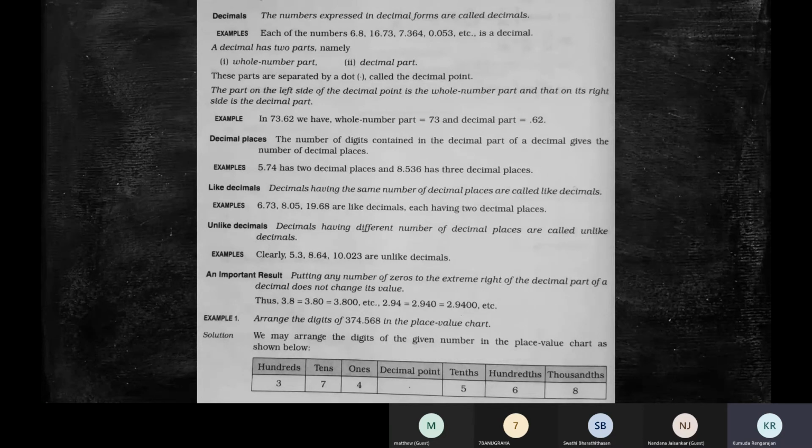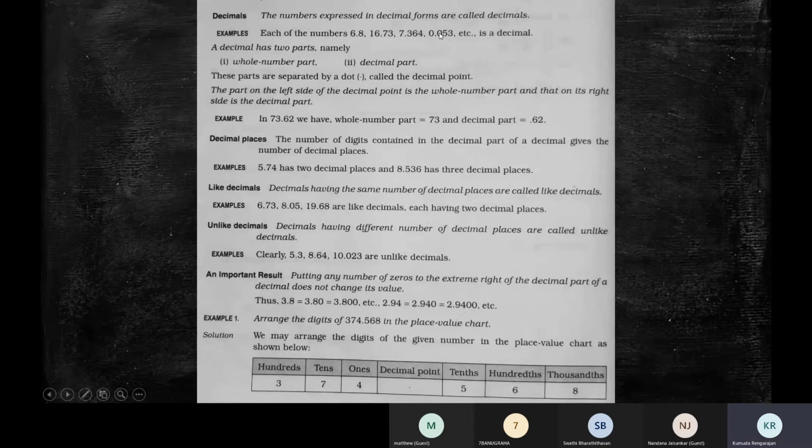It's still 5. Similarly, in the case of decimals, you can write 3.8 as 3.80. It's the same as 3.8. The 0 at the extreme end has no value. But children, see this example here, 0.053. This 0 has a lot of value. When the zeros are in between like this, they have value. 0.053 is different from 0.53.